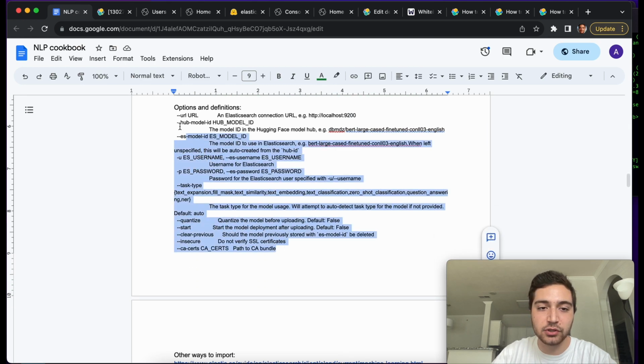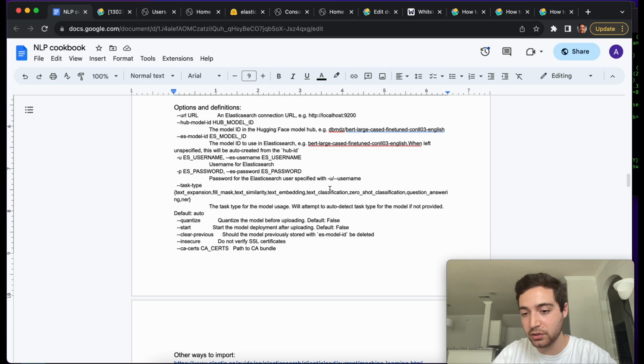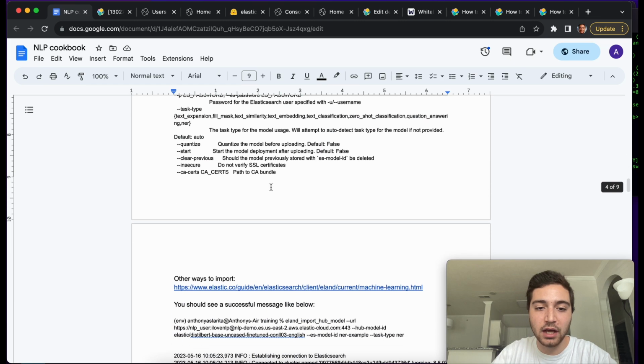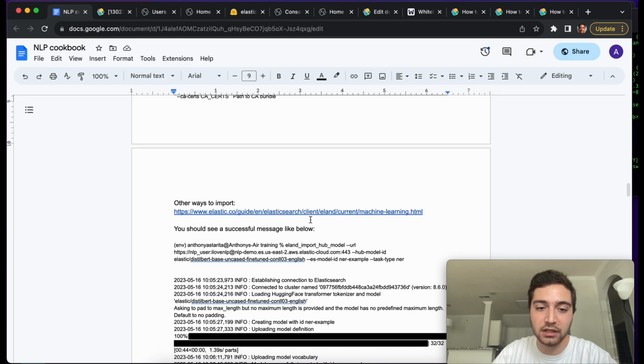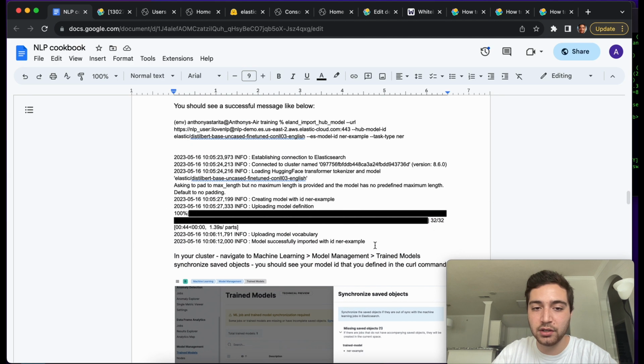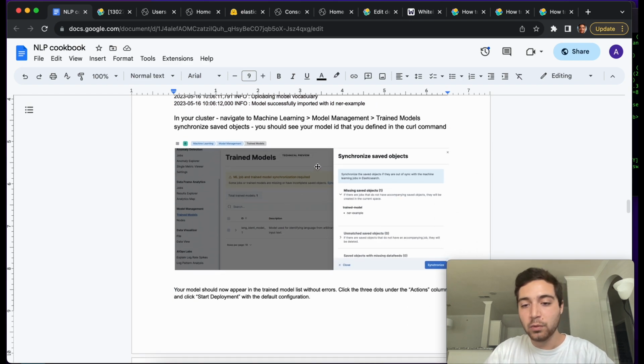And I have here all the different flags and stuff that you can add. I think there are other ways to authenticate as opposed to a username and password. I have that linked here. And then this is what a successful message should look like. And then what we are going to do